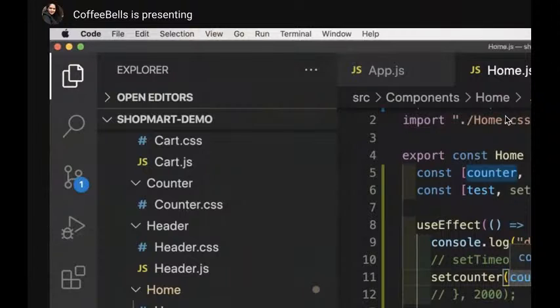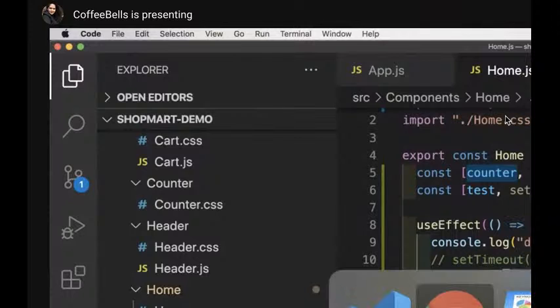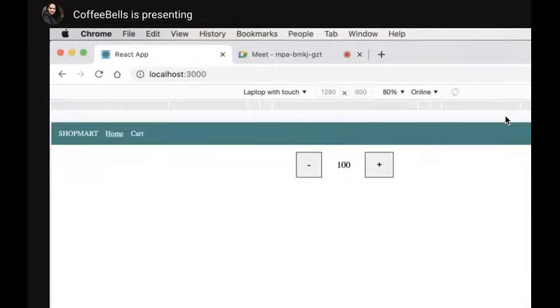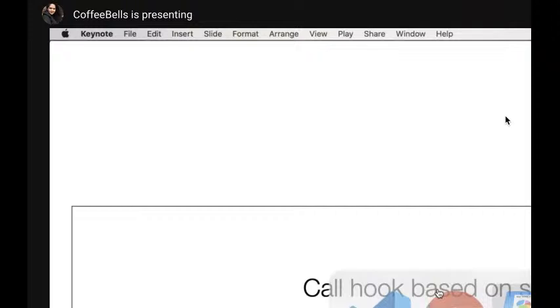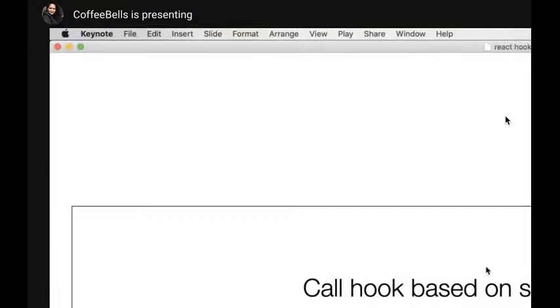How many times do you think it should be called? I think it should be called once on the mounting, and then the test does not update, so it will only be called once. So let's try this out. I'm clearing this. Did mount. So it got called once, right? Okay, now let's look at the fourth way. It said that call hook based on a specific dependency. We entered test. It did not update because test is not getting updated as a state anywhere, right? So we passed the second argument in that case, which is the dependency array.